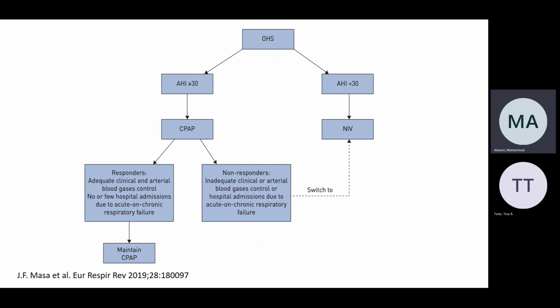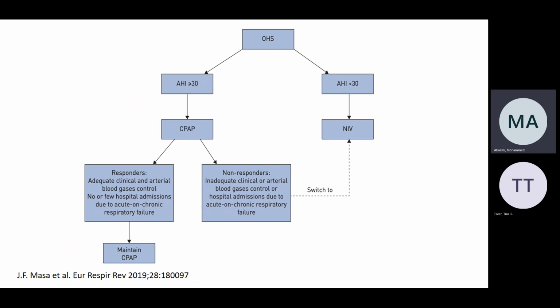If you have obesity hypoventilation with severe sleep apnea, AHI more than 30, you just go with the route of CPAP. You try the CPAP and assess; if everything is okay, stay on the CPAP. If it's not working, then you go to the NIV. There is also a controversial scenario: what if you have sleep apnea that's not bad, maybe 15, 16, somewhere mild to moderate? Should we try CPAP? It's controversial, but definitely if it's mild, less than 15, usually these patients don't respond,